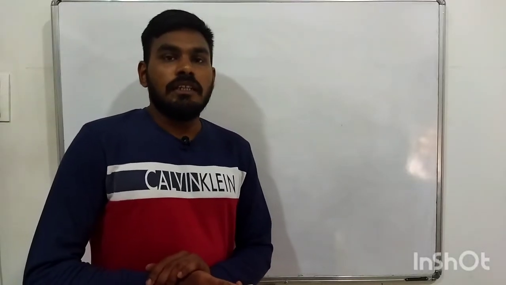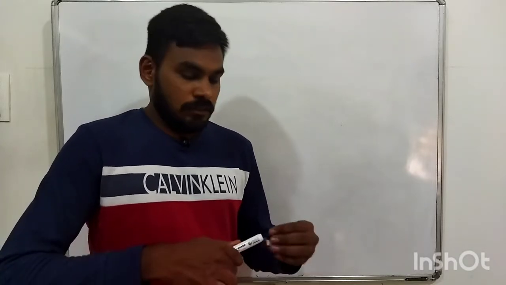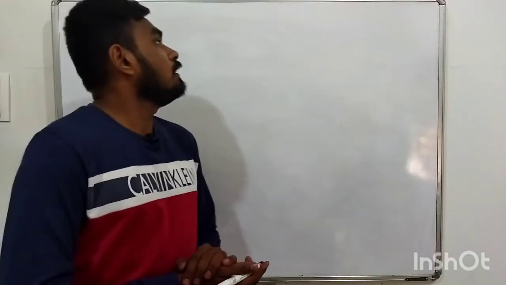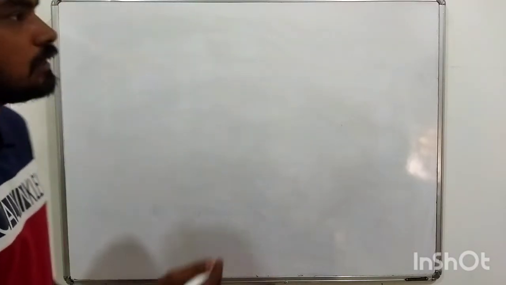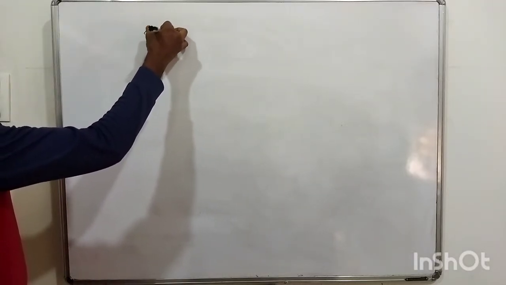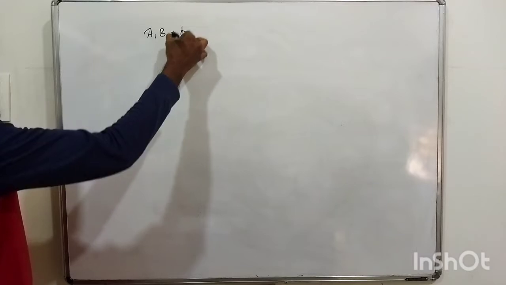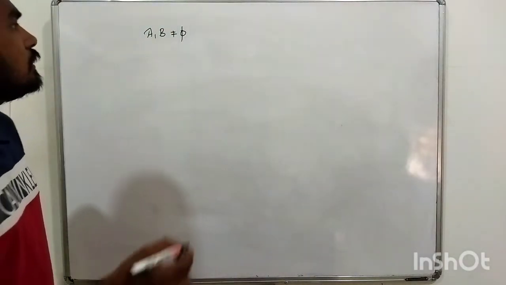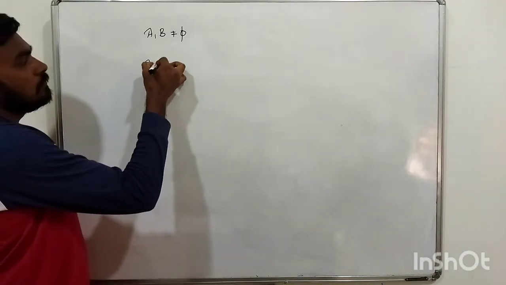So today we'll continue with the lesson relations and functions. In the previous part we discussed the Cartesian product. So what is the Cartesian product? We have sets A and B which are both non-empty, meaning there are some elements in those sets. Then the Cartesian product A cross B